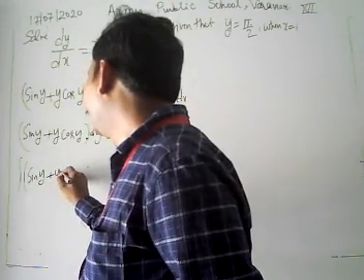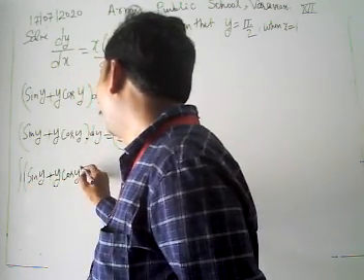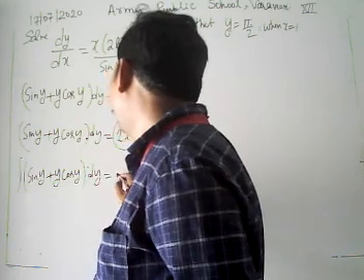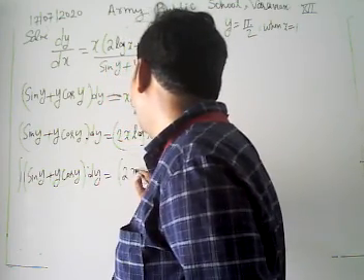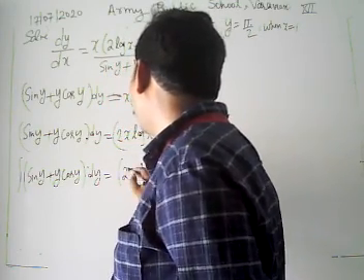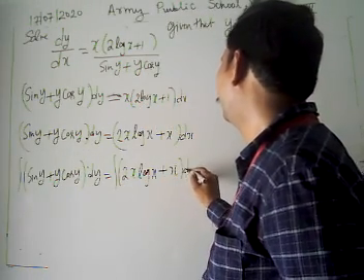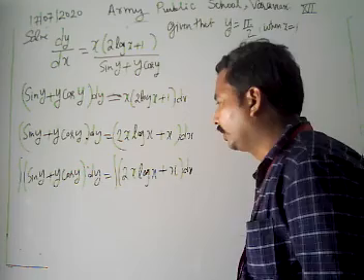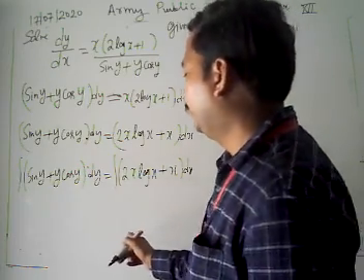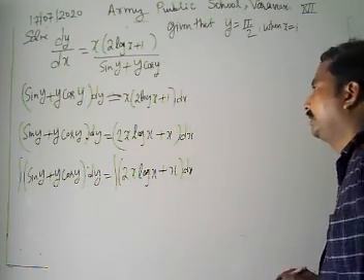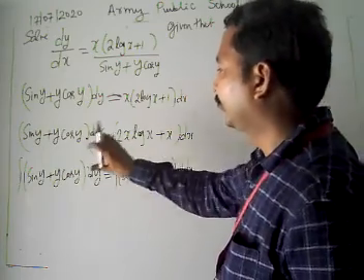Integration of sin y plus y cos y dy is equal to integration of 2x log x plus x dx. Now look, it's going to be a very long step. We have to be rough with our steps here because